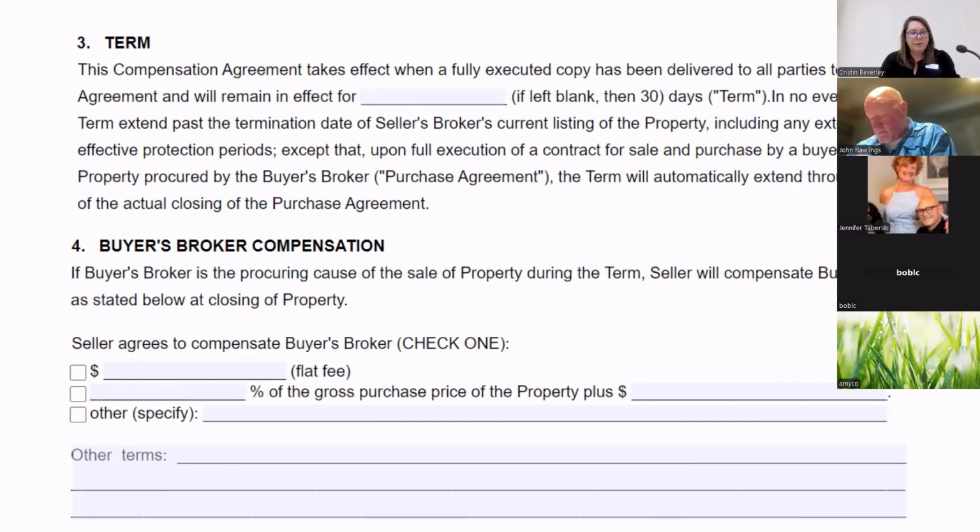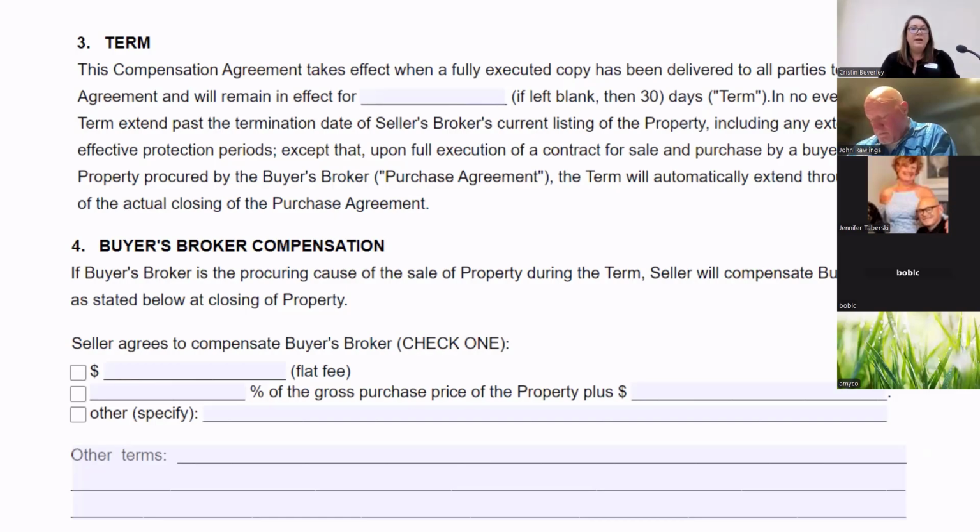In no event shall the term extend past the termination date of the seller's broker's current listing on the property, including any extensions or effective protection periods. So this is a really specific time frame here. Except that upon full execution of a sales and purchase contract by a buyer of the property procured by the buyer's broker, in other words, a purchase agreement, the term will automatically extend through the date of